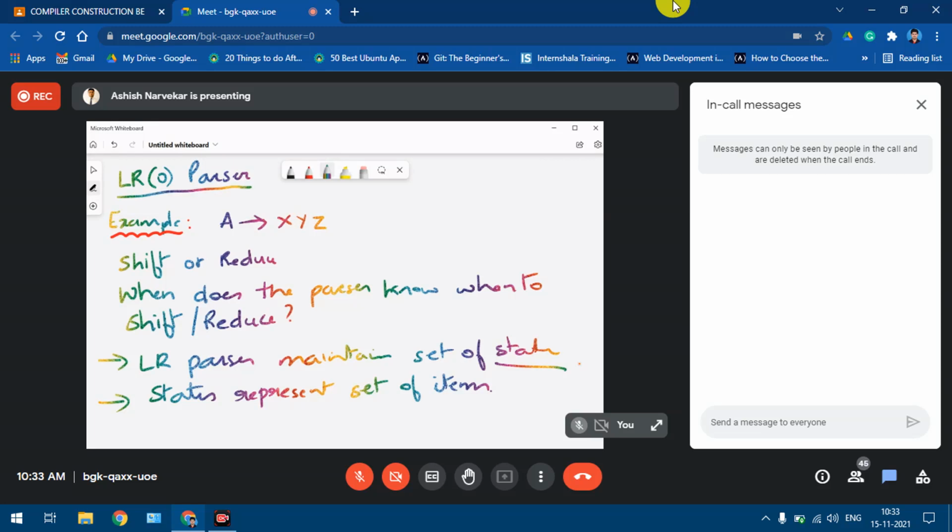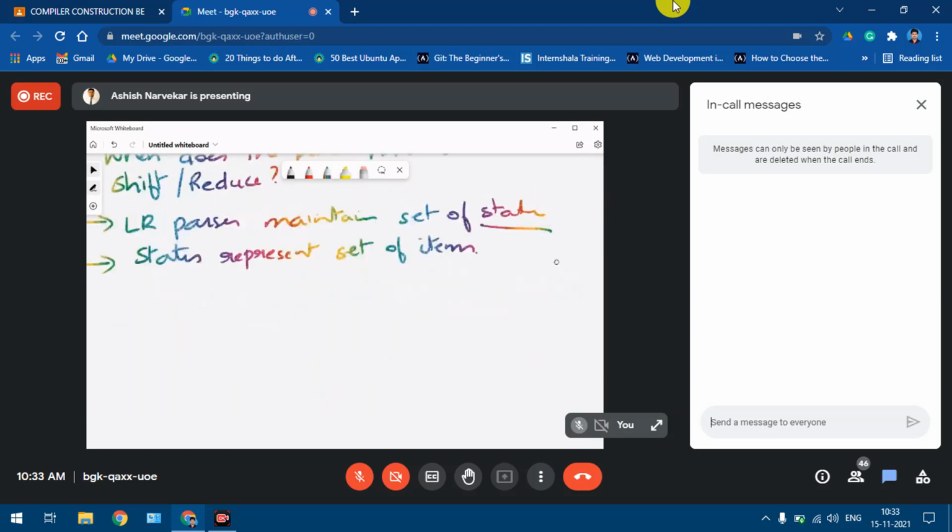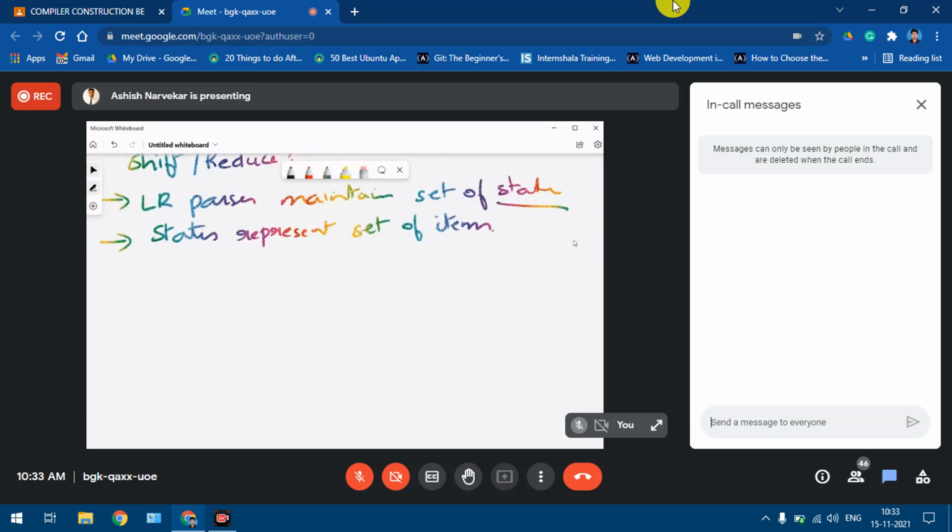If you have understood the basic terminology of LR parser, where L stands for left to right scanning of the input, R stands for rightmost derivation in reverse, and K stands for the number of input symbols or the number of lookahead symbols, then in this case, the number of lookaheads is 0. Why it is 0, what that 0 means, and what is the significance will be clearer when we take up the example. So we'll keep it on hold till that time. Right now we are referring to the LR0 parser.